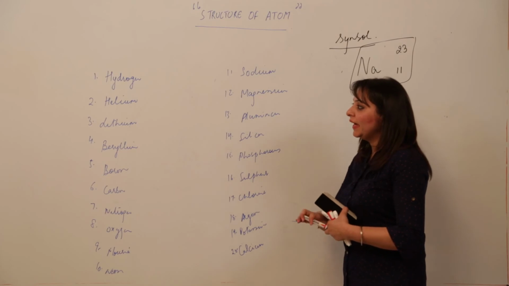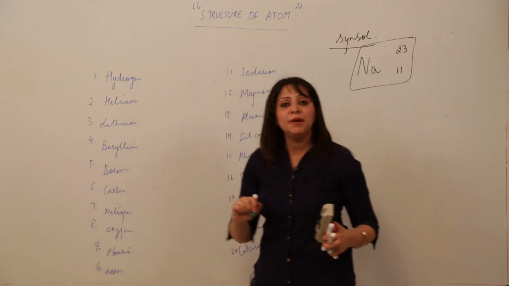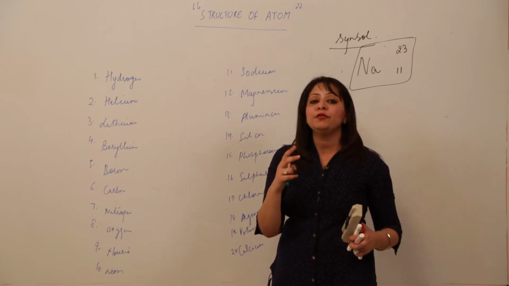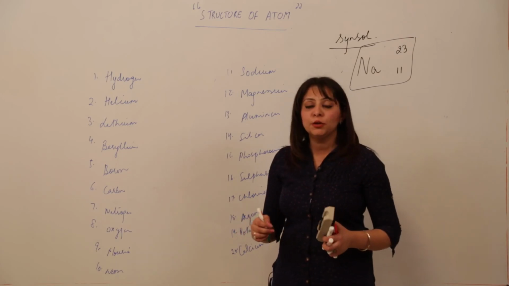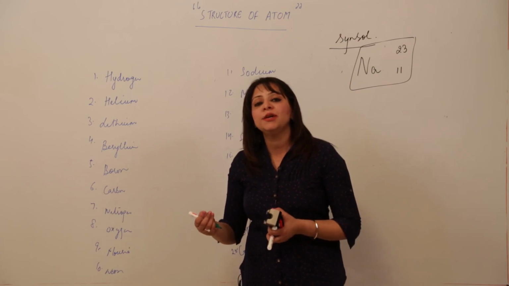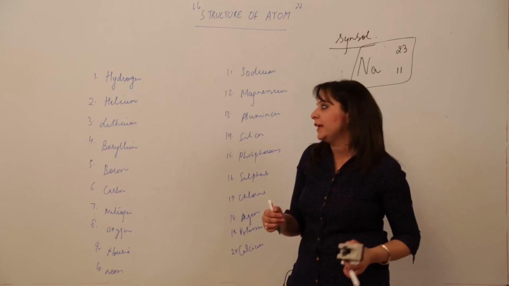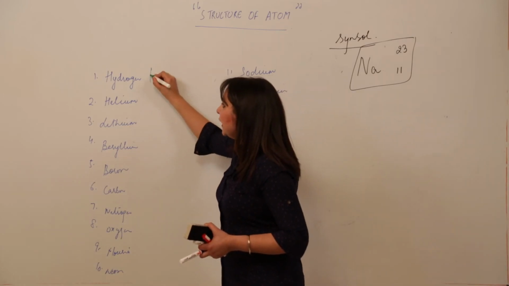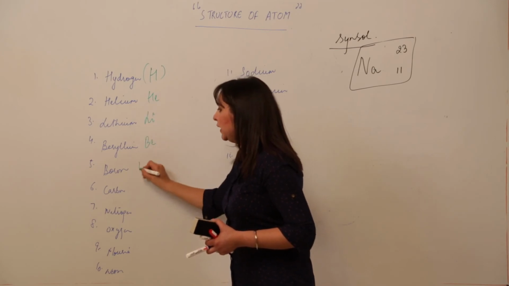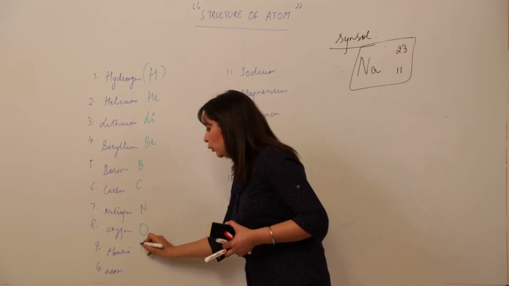See, now we will be writing the symbols used for them. Hydrogen, see, the symbol is either taken as the first letter or first two letters, or it is derived from the Latin name. So you need to remember those symbols, you can't build them, they are already specified by the IUPAC, International Union of Pure and Applied Chemistry. So you need to remember them, you don't need to build them yourself, right? So hydrogen is H, helium is He, lithium Li, beryllium Be, boron B, carbon C, nitrogen N, oxygen O, fluorine